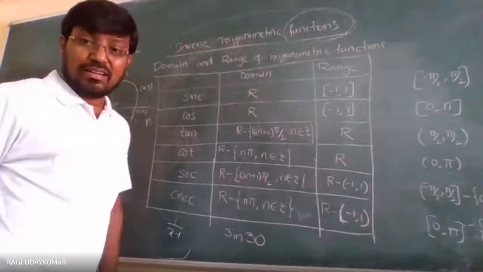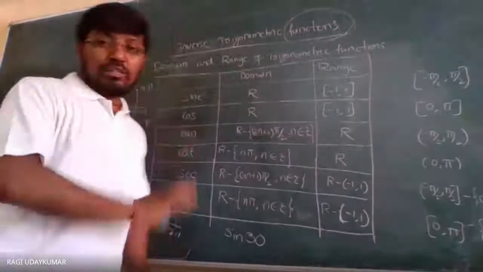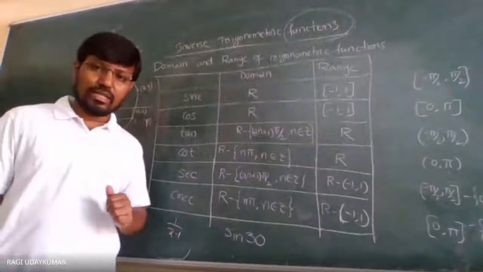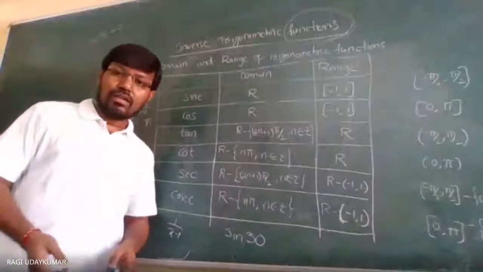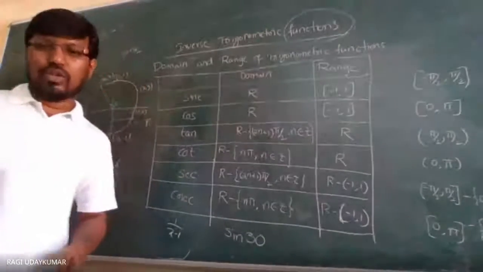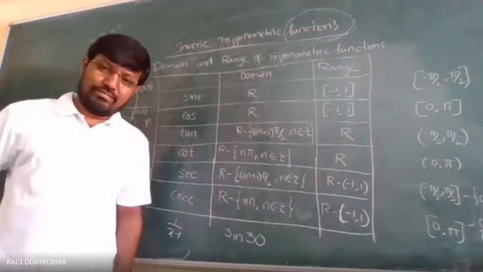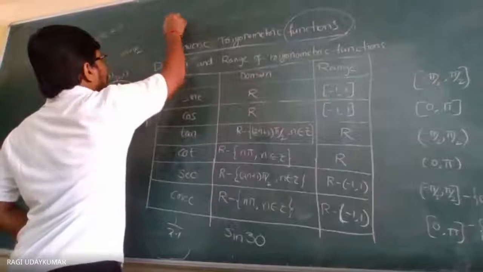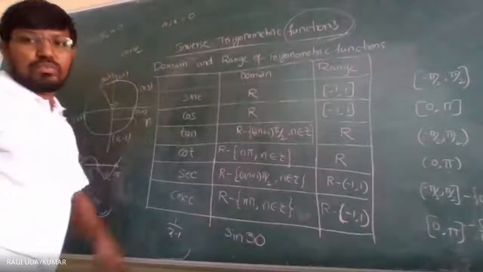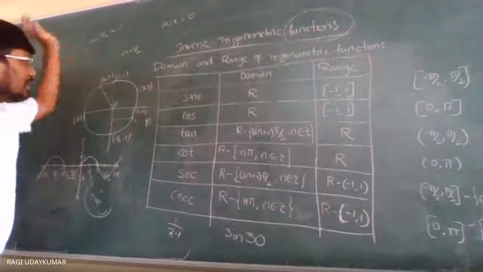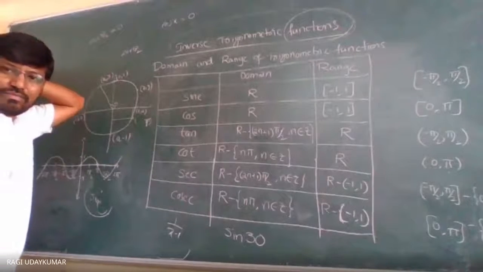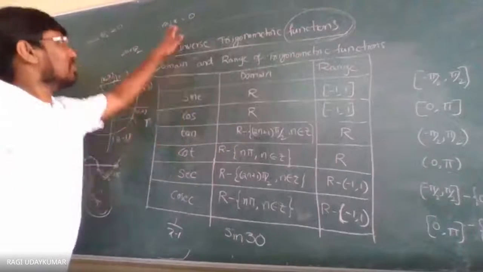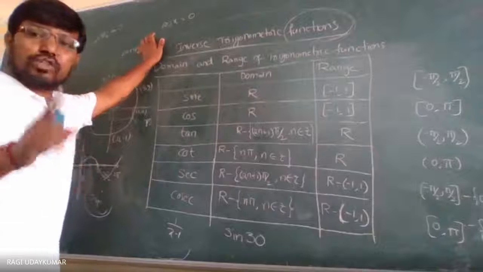So from this you can say, from the trigonometric equations point of view, which you have learned in 11th class also, whenever you consider cos x equal to 0, what is the solution? Mostly the students will give the solution as only pi by 2. Up to 10th class you can give pi by 2, but now you have to go to the 11th class. What is the solution for this?